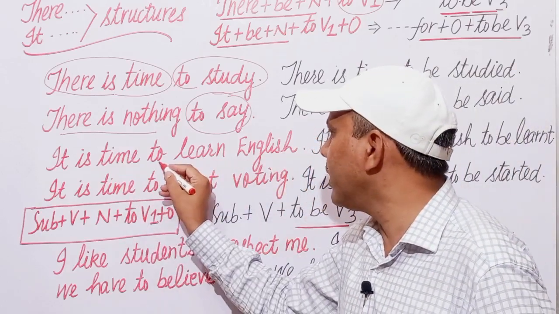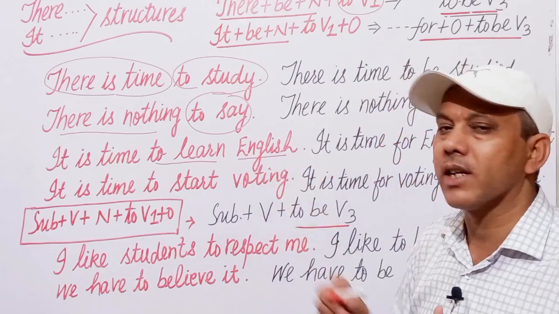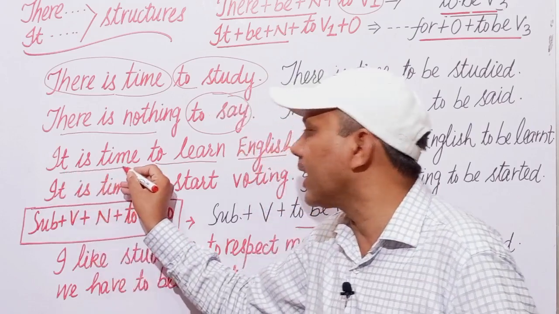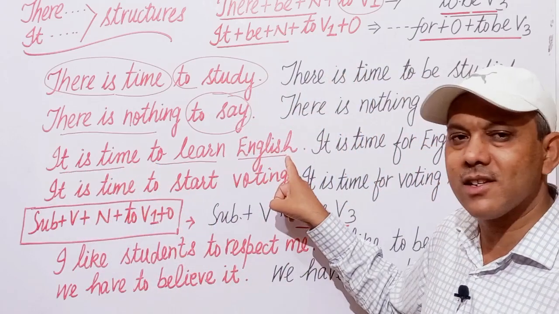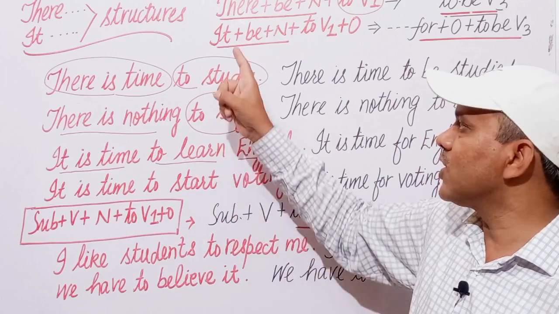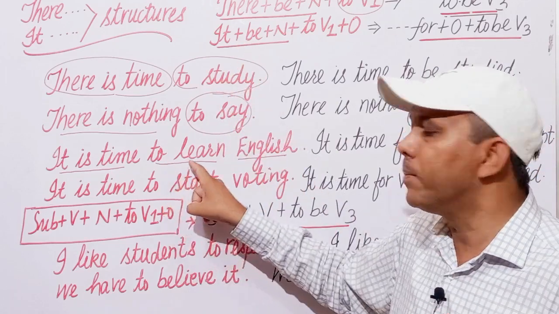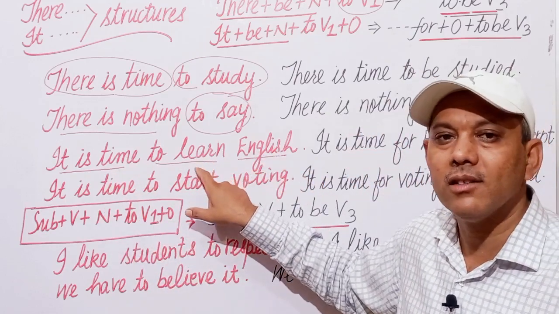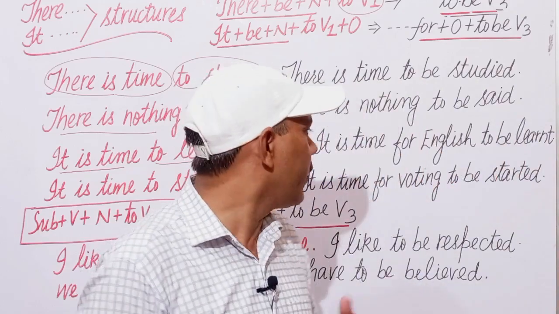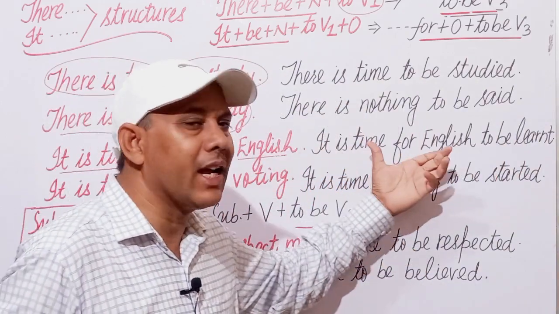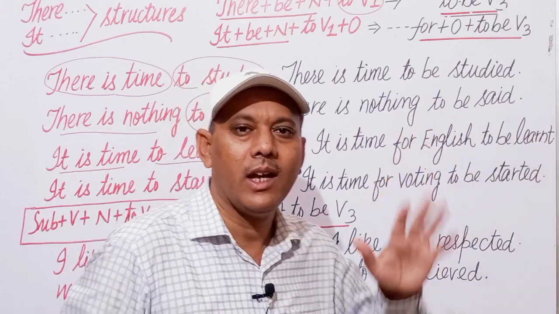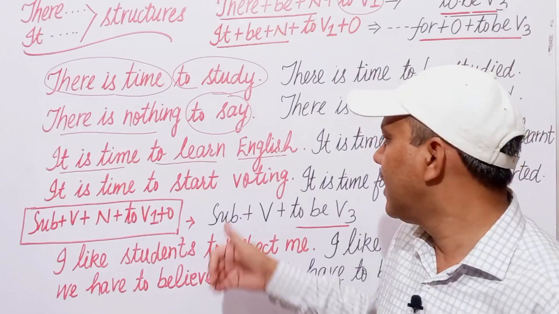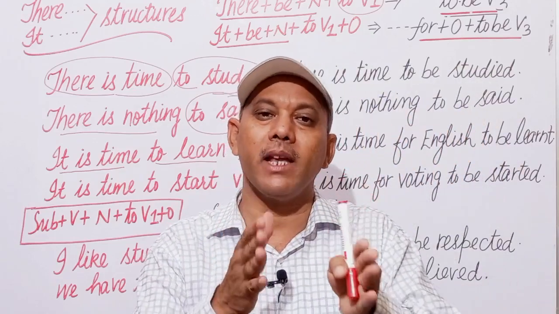देखिए, इट इज टाइम टू लर्न इंग्लिश, टू इन्फिनेटिव, इंग्लिश ऑब्जेक्ट। इस ऑब्जेक्ट को हम पहले ले आएंगे, इस स्ट्रक्चर में हम कोई चेंज नहीं करेंगे। इट इज टाइम फॉर इंग्लिश, और फिर वही जो देयर स्ट्रक्चर में हमने किया था, टू बी पास्ट पार्टिसिपल। देयर इज टाइम फॉर इंग्लिश टू बी लर्नड, और इट इज टाइम फॉर इंग्लिश टू बी लर्नड। नेक्स्ट इज, इट इज टाइम टू स्टार्ट वोटिंग। जिस प्रकार से वोटिंग होती है, वोटिंग का एक बिगिनिंग टाइम होता है,